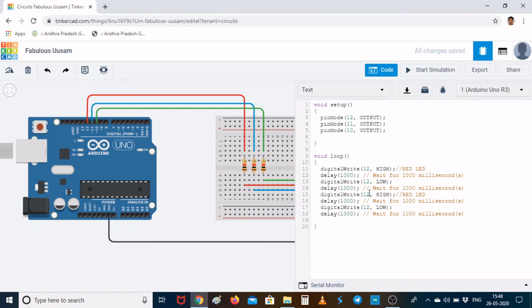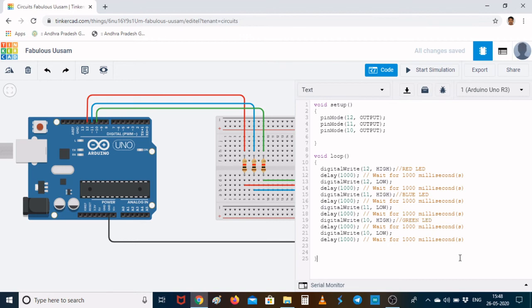Because I would like to see that in addition to the red LED, the other LEDs are also blinking. And I'll change this to the blue LED. I'll again copy and paste it for my green LED, because I changed my pin number to 10, and I'll change this blue to green.